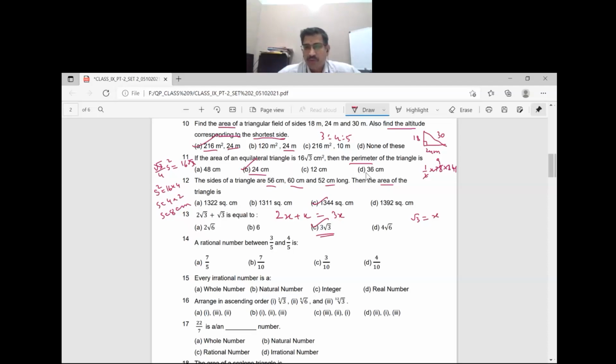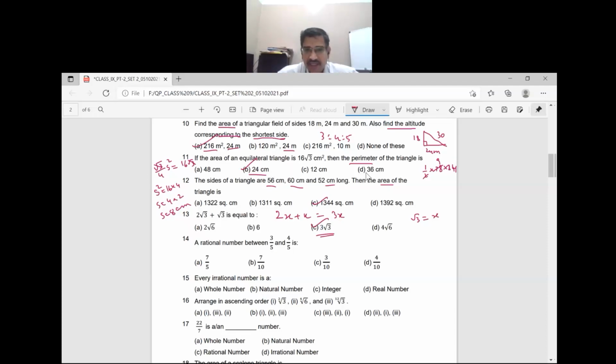to compare or to arrange either in ascending order or descending order. Unless we get like fractions with the same denominator, we cannot compare them, or do addition or subtraction of them, or even arrange them. Here also, if you want to find the number between them, you need like fractions. 3 by 5 and 4 by 5 both are like, but there is no gap between them as such. Now we will make it a little bigger, that is, a like fraction with the denominator bigger than 5 or a multiple of 5.